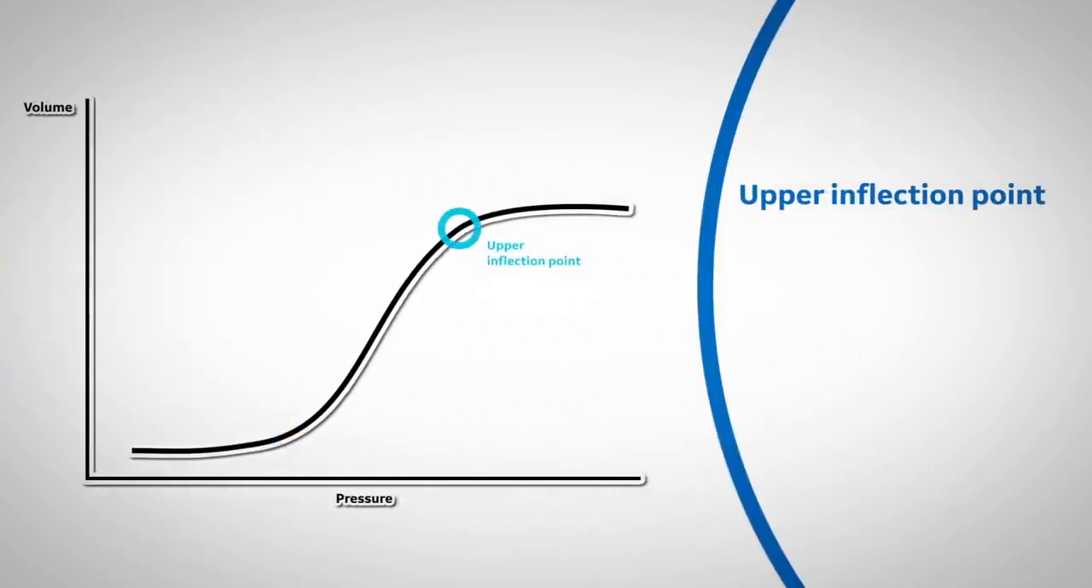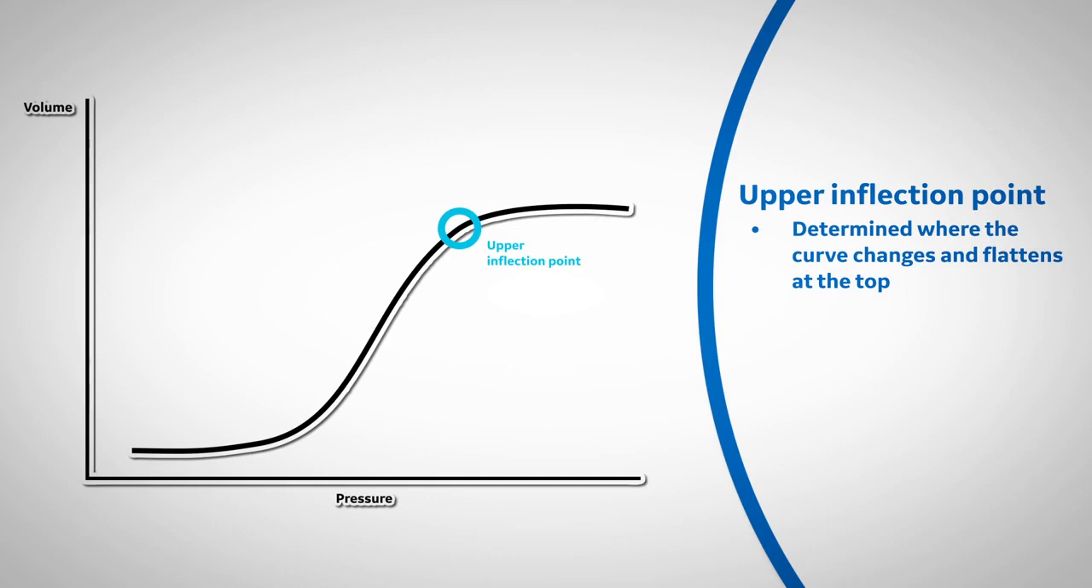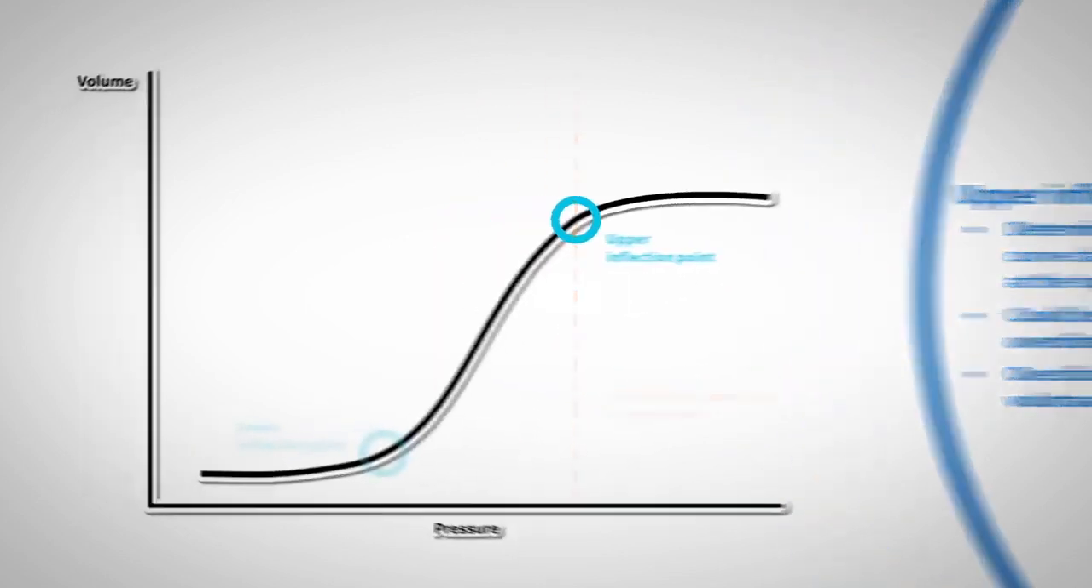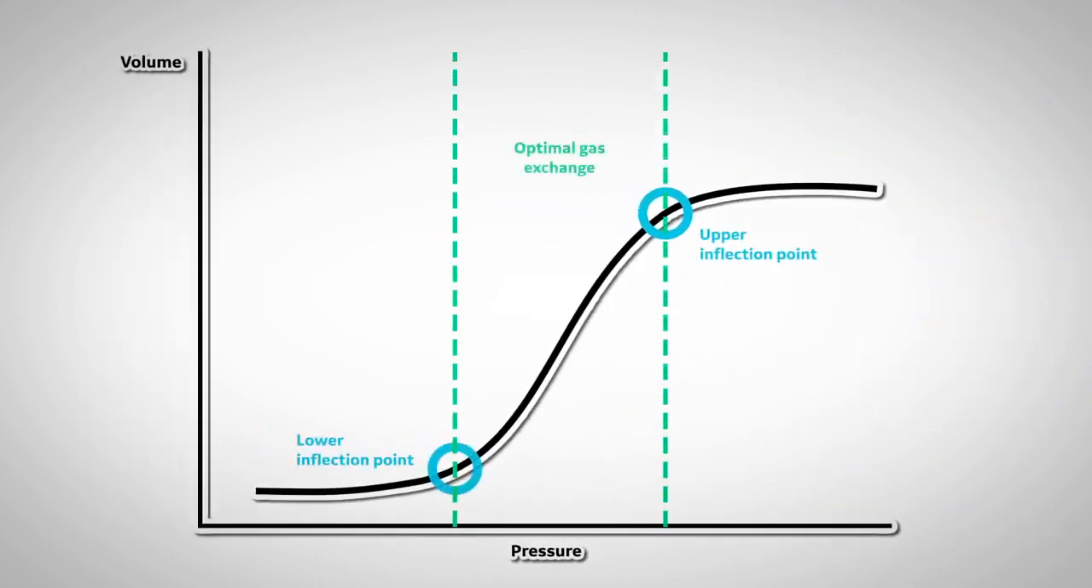The upper inflection point is determined where the curve changes and flattens at the top. This could be an indication of overdistension or the maximum setting for peak airway pressure. If overdistension occurs over an extended period of time, it could lead to volutrauma or barotrauma. The goal is to minimize changes between the upper and lower inflection points, as this ensures optimal gas exchange at